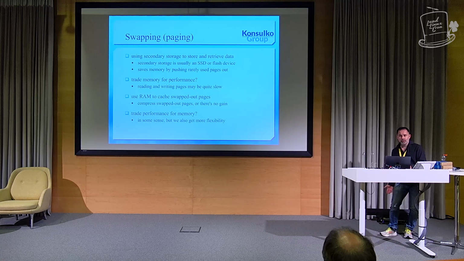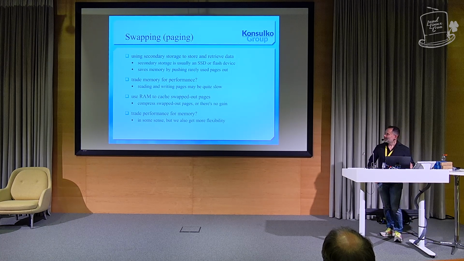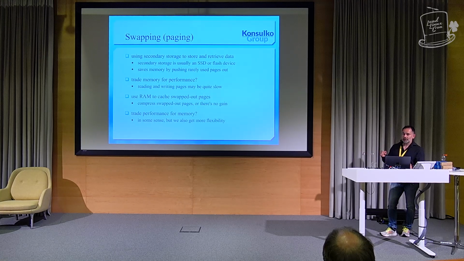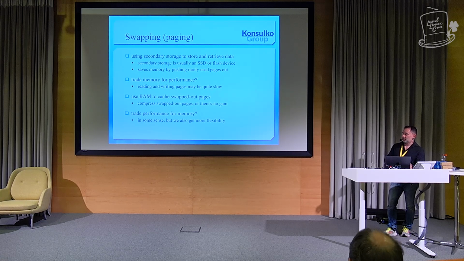So in that case, we want to do something to mitigate the problem, and that is to use RAM to cache swapped out pages, which is kind of counterintuitive because we were saving RAM by pushing the pages out, and now we're trying to use this very RAM to store these pages for some reason, but the thing is that since these pages are officially not used by the kernel at the time,